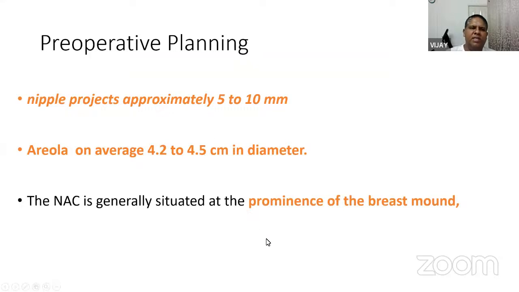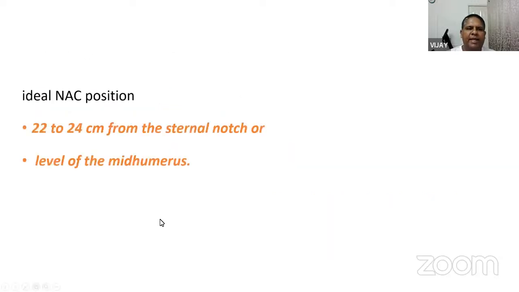So the question asks, what is the ideal size and position of the nipple? The nipple projects approximately 5 to 10 mm, like 1 centimeter. So the normal nipple projection is 5 mm to 10 mm. On average, the areolar diameter is 4.2 to 4.5 centimeters. Roughly speaking, the nipple areolar complex is situated at the prominence of the breast mound. But objectively speaking, it is 22 to 24 centimeters from the sternal notch, or at the level of the mid-humerus